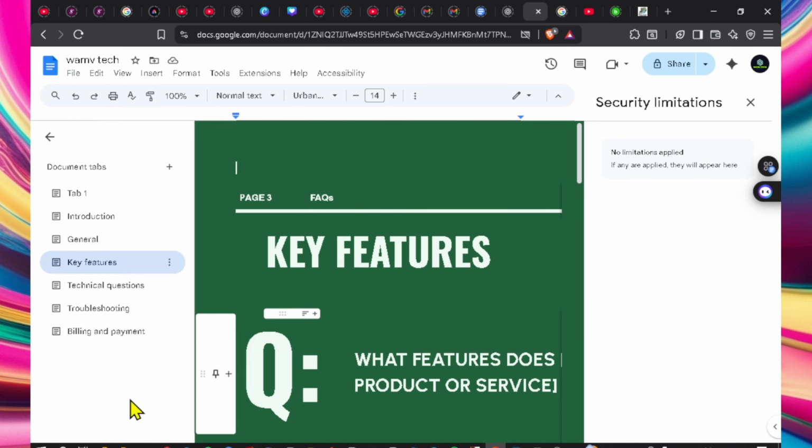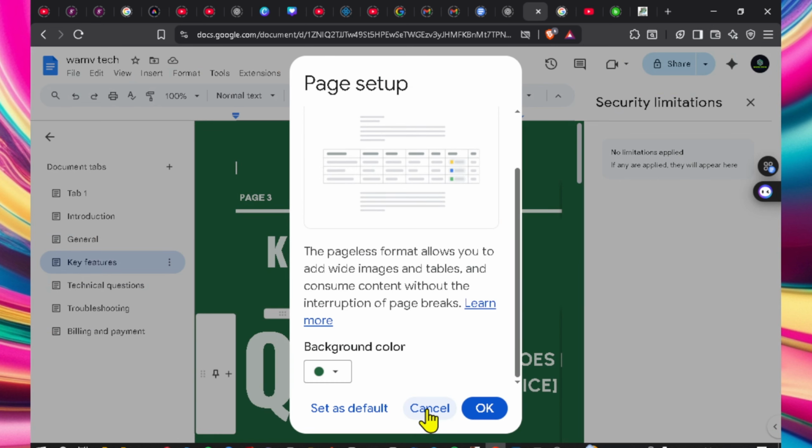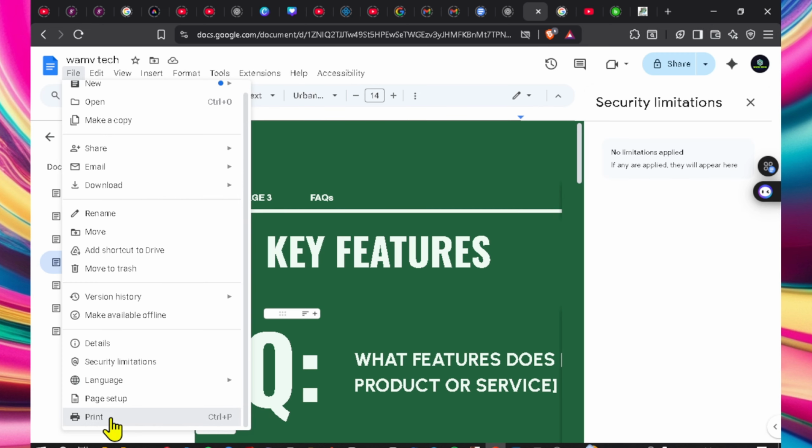Then here is the page setup. I think we did this in our previous video. Let me link it right now, and yeah, you can check it out. I've linked it as a card. Now this is the print,